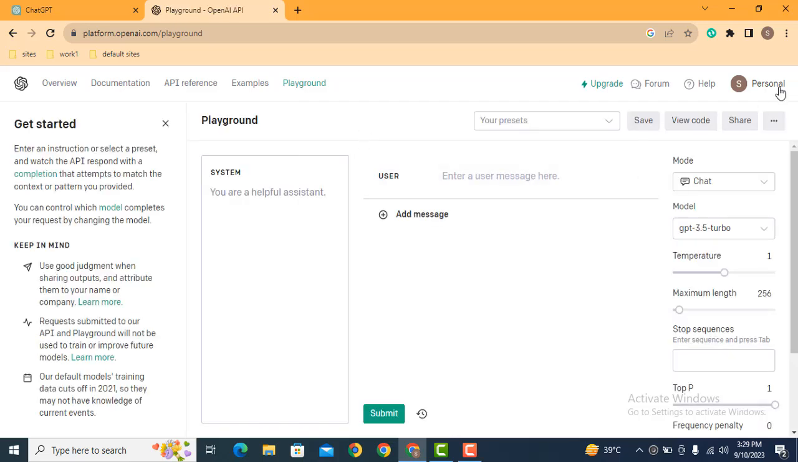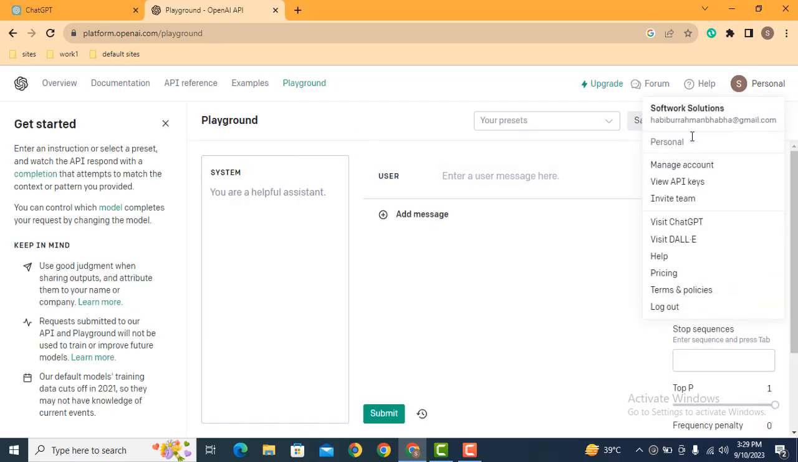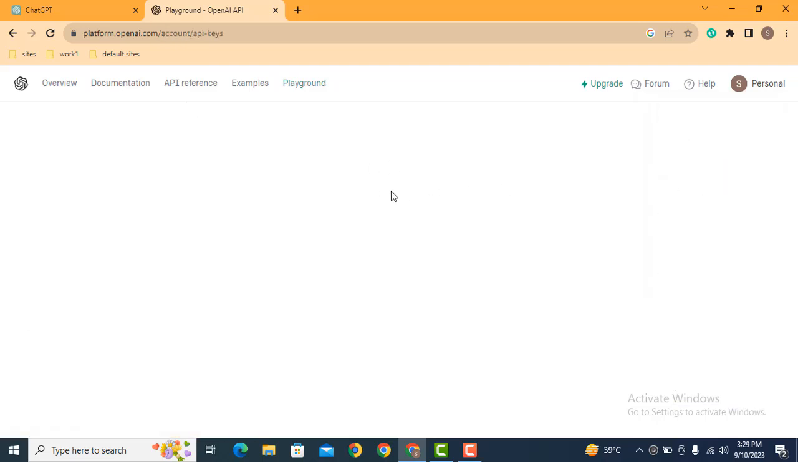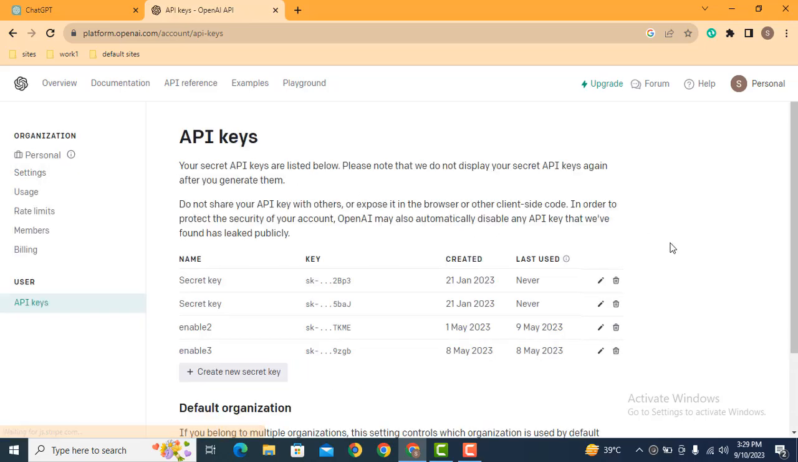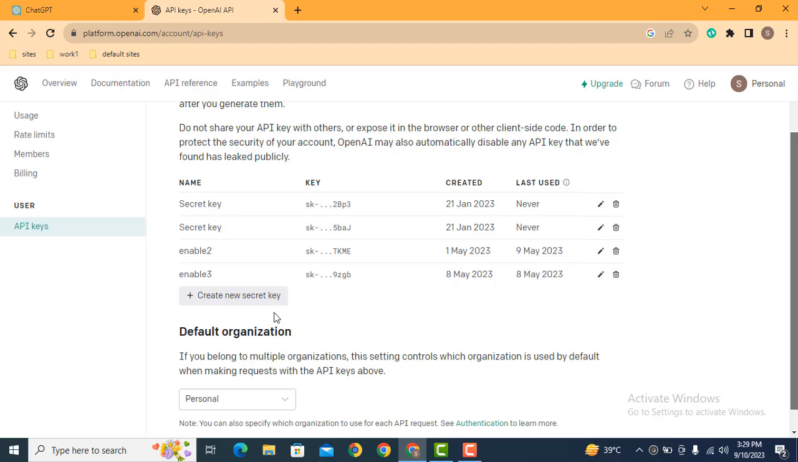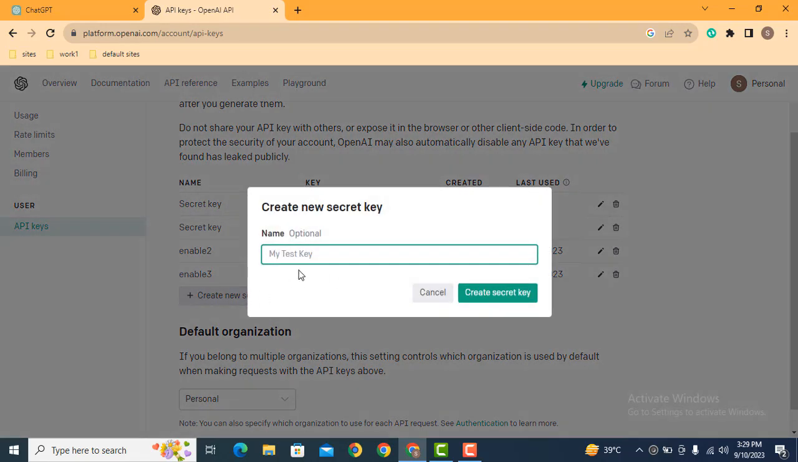After that, here you can see on my account the option view API keys. So just click here, and after that on this page you can see these are the API keys that I have created. Just create a new API key. For example, we can give a name